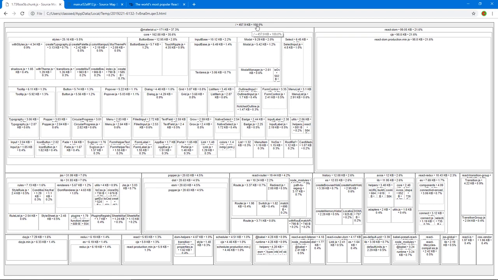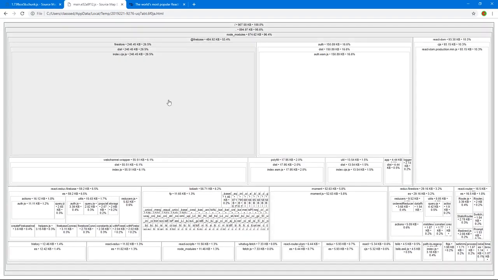457 kilobytes in size. And as you see here, Material UI has 171 kilobytes of that. And the rest are all necessary stuff that we need. So this is the bare minimum that we can use to actually have the full functionality of our application work properly. And if we compare this to something like this, which is a project I worked on before